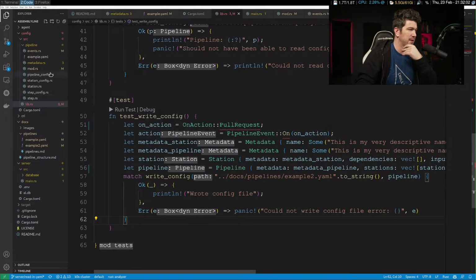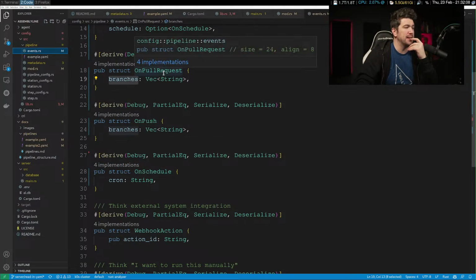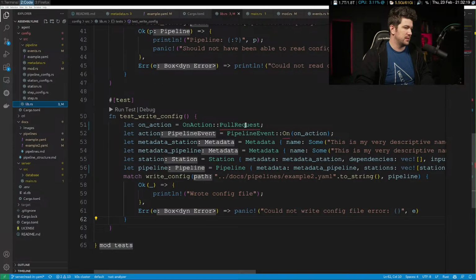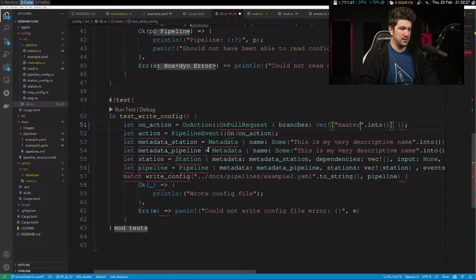So our on action, we need on pull request. We need an on pull request. Do main.